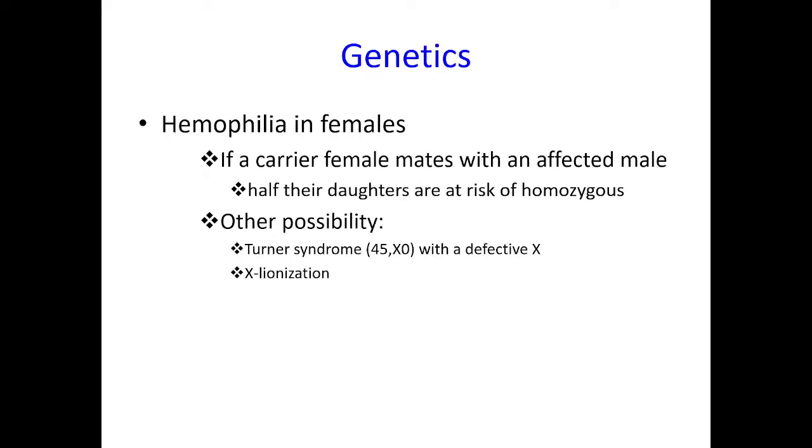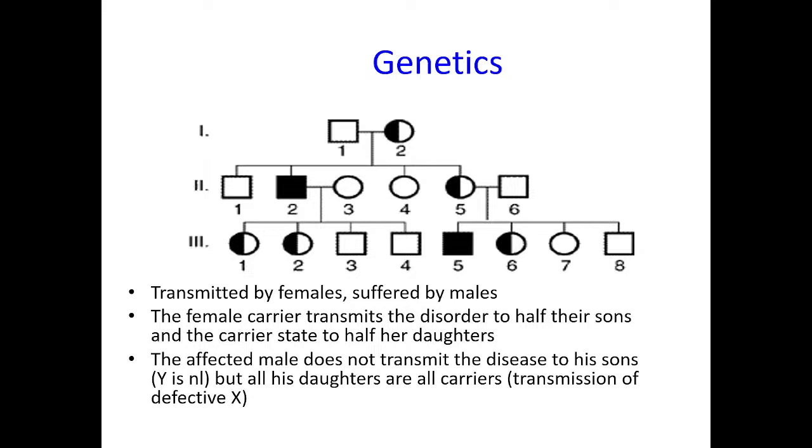So, can female have hemophilia? In case of X lyonization and Turner syndrome, it is possible to have hemophilia. If a carrier female mates with the affected male, half their daughters are at risk of being homozygous. ठीक है ना, जैसे इसमें ये फीमेल अगर कैरियर होती, ओके, देन एक डिफेक्टिव एक्स इधर से आया, एक डिफेक्टिव एक्स इधर से आया, तो दोनों एक्स में प्रॉब्लम होगा तो हीमोफीलिया फीमेल को भी हो सकता है।